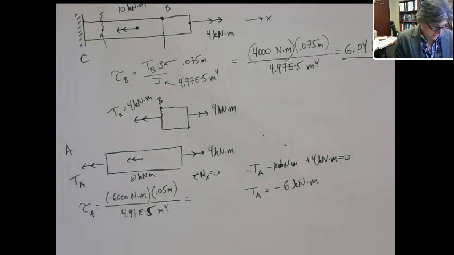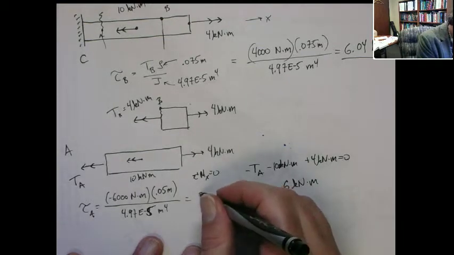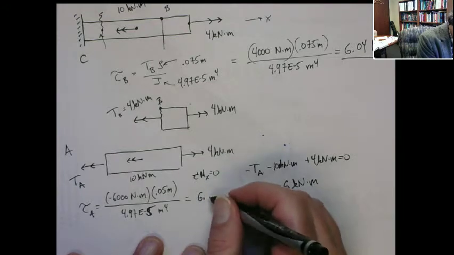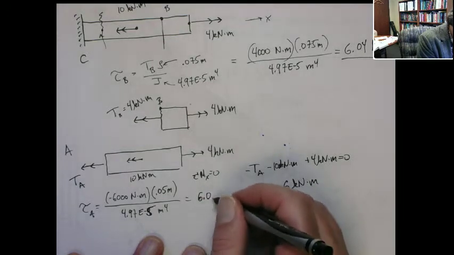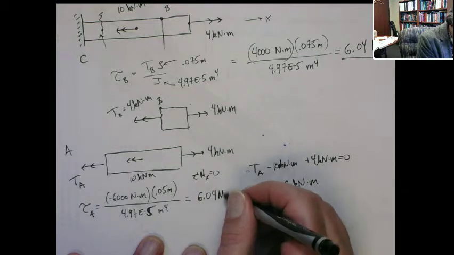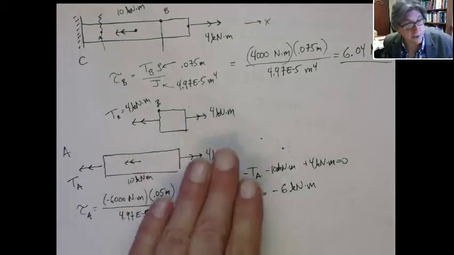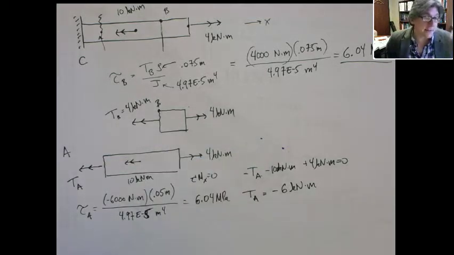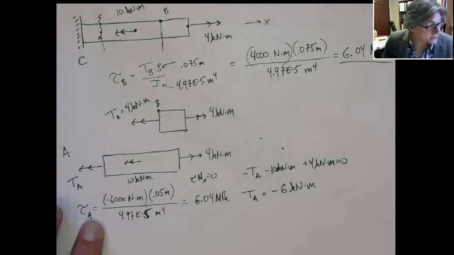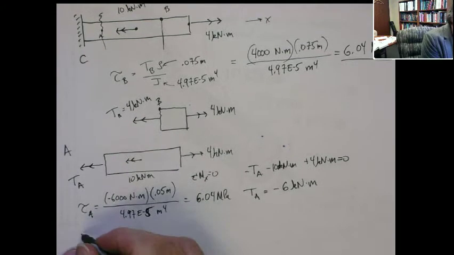This gives me almost the same stress. This gives me 6. Well, actually, if I take it out to the same number of significant digits, I actually get the same exact stress. Okay, so you get the same stress, even though the internal reaction torque is more, but that's because you're not at the outer radius. The maximum shear stress you would find here, at A,